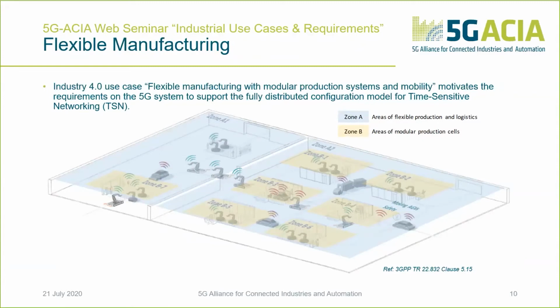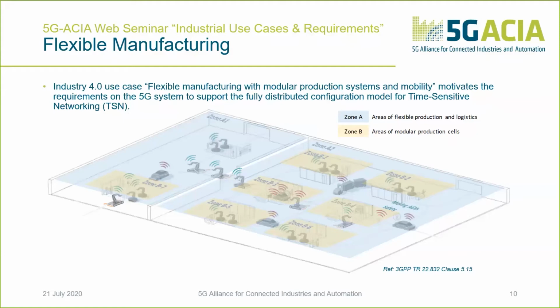This includes a large number of increasingly mobile production assets for which powerful wireless communication and localization services are required. In the zones A, the blue ones, they are highly dynamic with respect to production processes and required communication resources. Dynamic configuration of communication services is needed, and there are areas included of flexible production and logistics, for instance, with AGVs and mobile robots. What is new, or which is the new